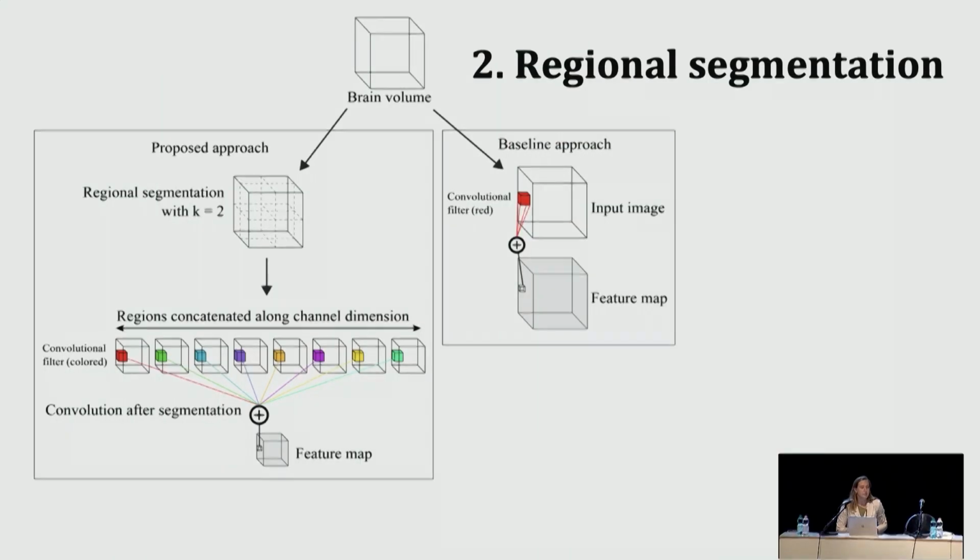So the second modification that we made, I'm going to call regional segmentation, and I'll walk you through this figure. I think it'll make a little more sense on the next slide as well. So we start with an initial 3D brain volume, and we are using 3D convolutions in my example. Many networks will use 2D convolutions, which only consider a single slice at a time instead of considering the whole 3D shape. So using 3D convolutions was another important modification that we did.